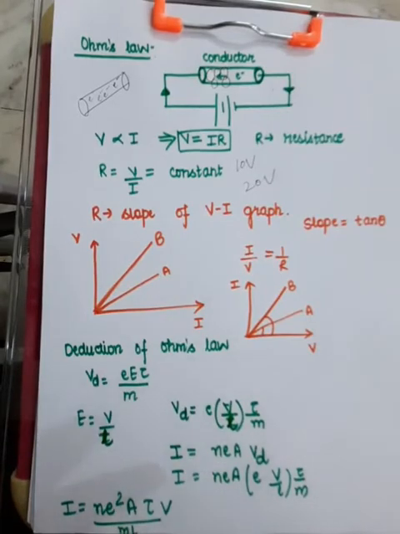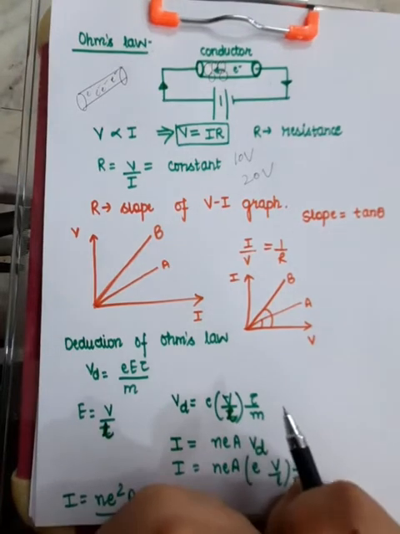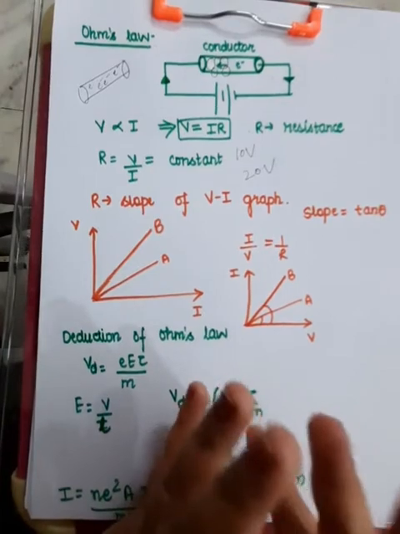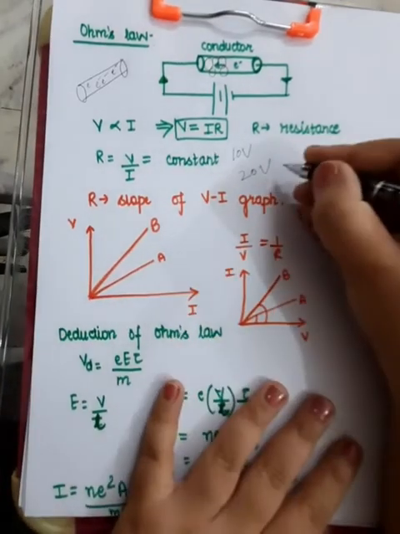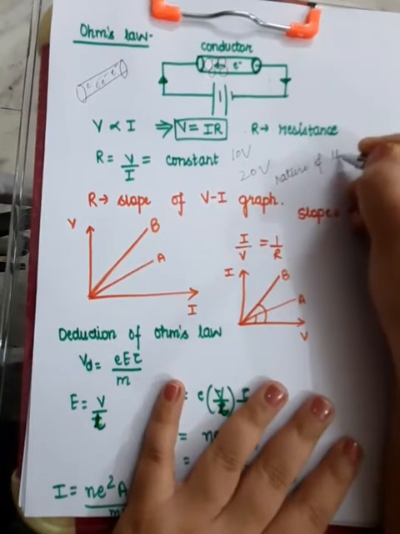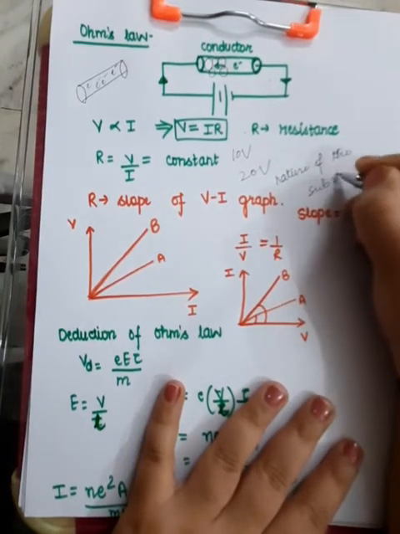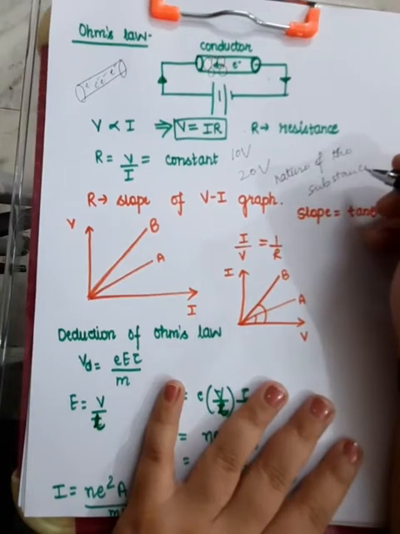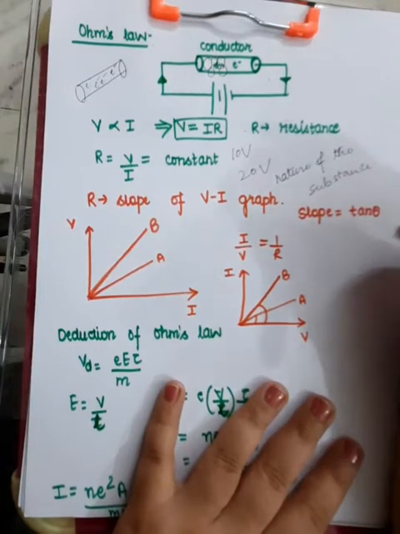So this property is known as resistance. The obstruction, the hindrance to the flow of current, is known as resistance of a material. But remember that resistance depends upon the nature of the substance. Every material has a different amount of resistance. In the next video, we will look at what factors the resistance depends on.